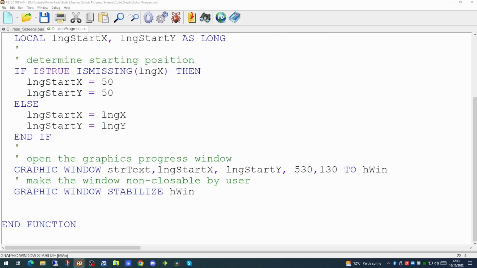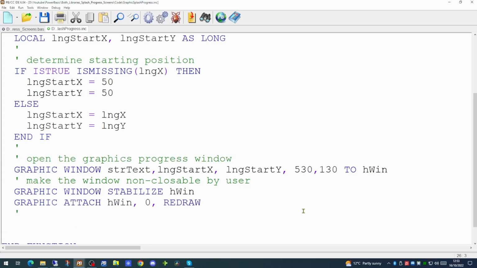Now that we've created the window, the next thing to do is to attach it. This allows any future drawing operation to be directed towards this specific window. I'm also going to use the redraw option to ensure that nothing is drawn on the graphics window until we issue the graphics redraw command.